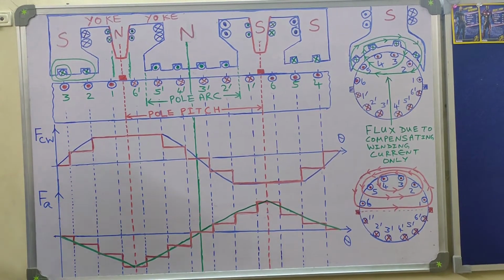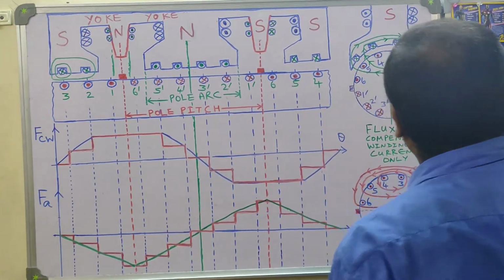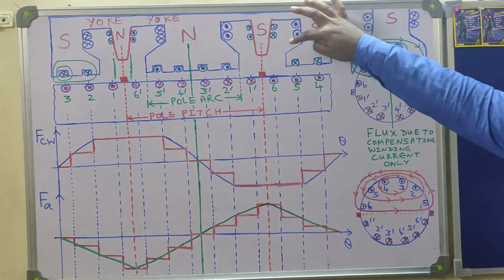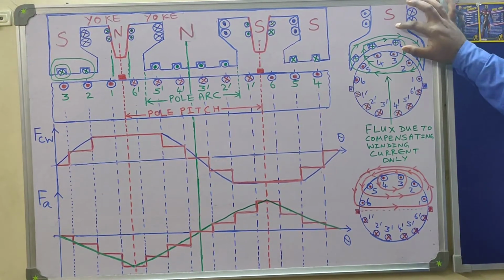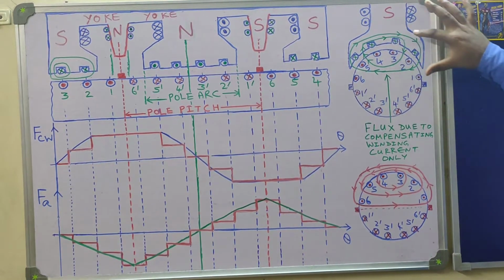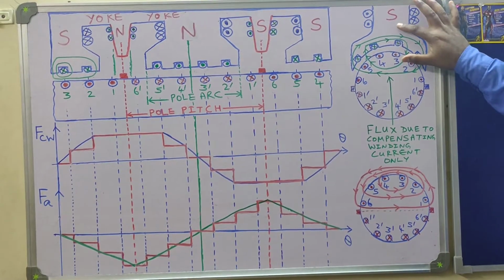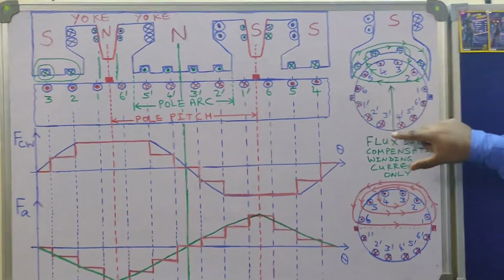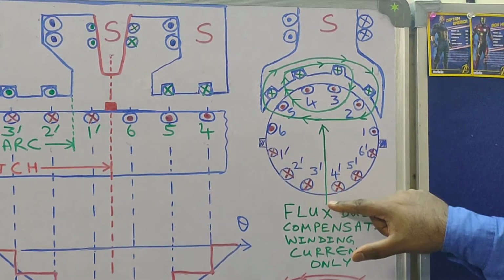In order to make things even more presentable, what I have drawn is the developed view of the two-pole DC machine, and I was unable to draw the complete north pole and south pole and interpoles over here. So I am only indicating a portion which will be sufficient for our purpose. You see here I have indicated the south pole. Obviously the north pole should have been drawn over here, 180 degrees from here, as the number of poles is 2.